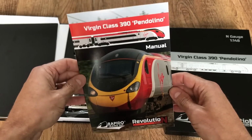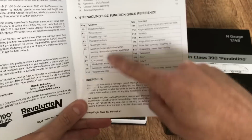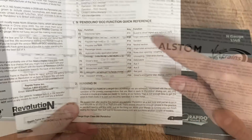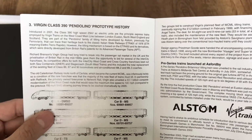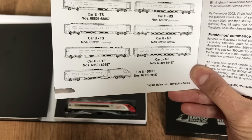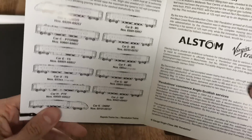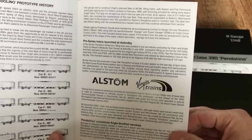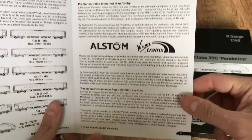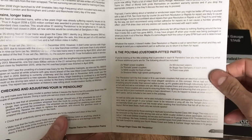The manual, I did have a brief flick through before, it looks really good. So we've got a list of the sounds which we'll try out, and here we go, a bit about the prototype and the history. They've really gone to town to make it prototypical, and from the brief glimpse I've had of the details in the livery, it does look fantastic. And there's quite a lot about where the Pendolinos run and the history and how to look after it,